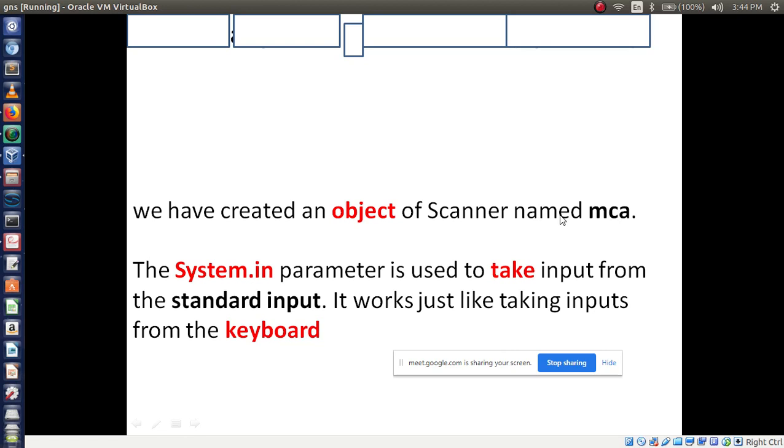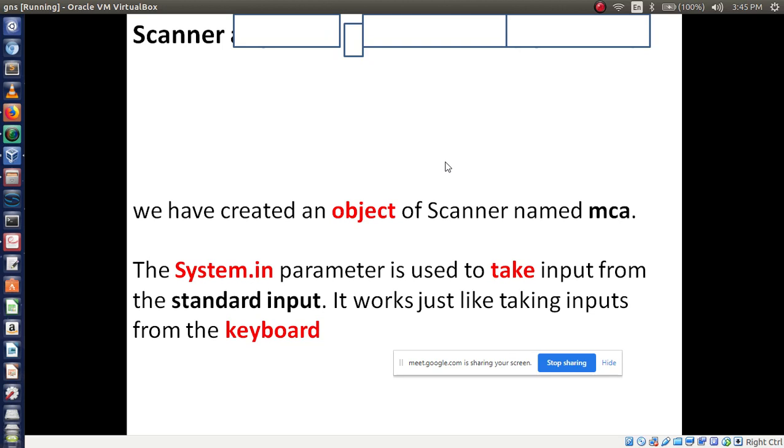Here is how to write the code for that program. First I am going to write one line, that is Scanner, S is capital, to read data from the keyboard. So we have to write the first keyword Scanner, followed by the object name we have to create.